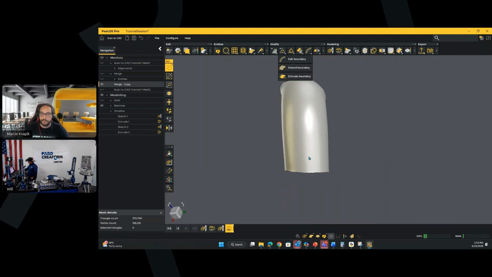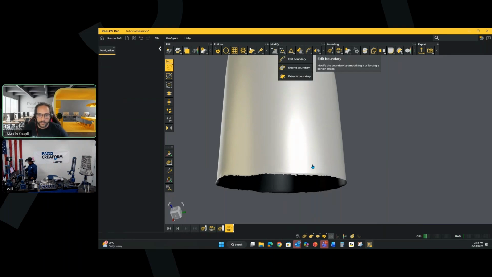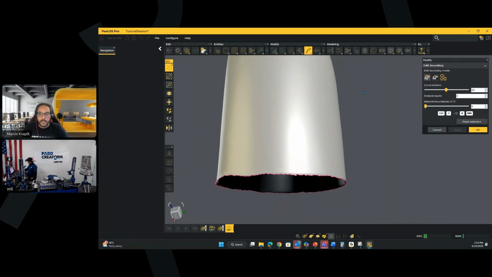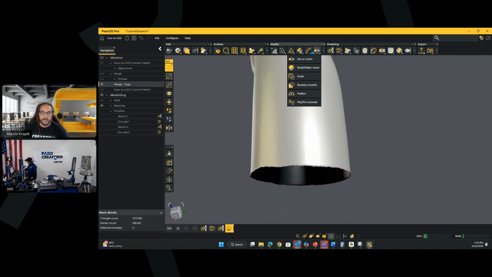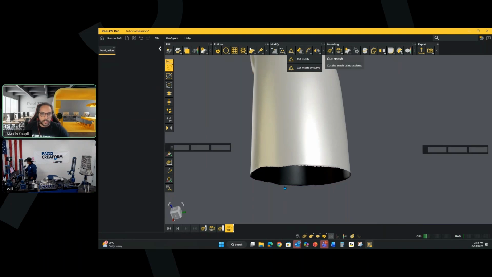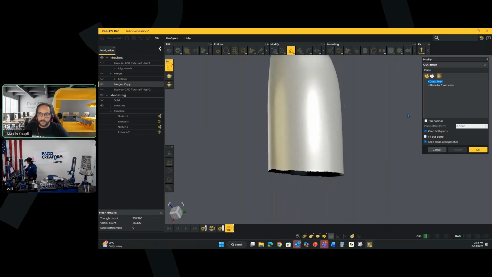Another tool that I will use is to clean the bottom of this pipe, and to do that I use edit boundary. Before that, let me do something else. Before editing this boundary, I will use the cut mesh to clean that boundary,